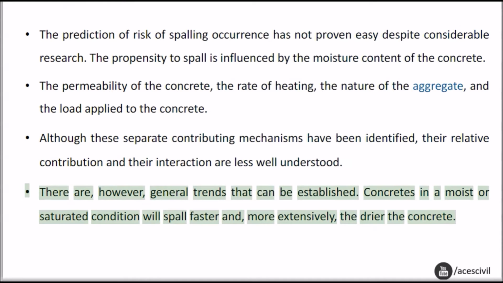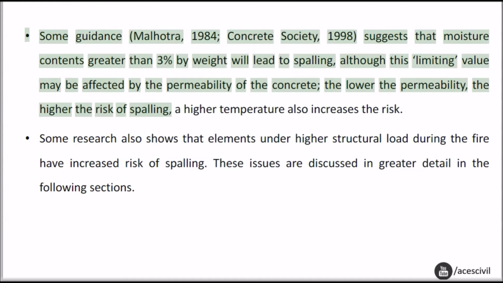There are, however, general trends that can be established. Concretes in a moist or saturated condition will spall faster and more extensively than drier concrete. Some guidance, Malhotra, 1984, Concrete Society,